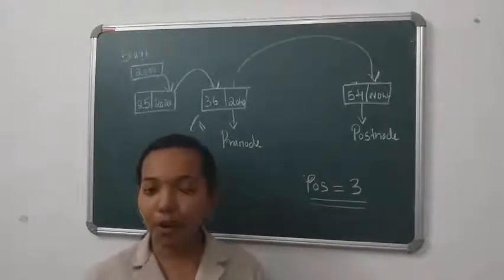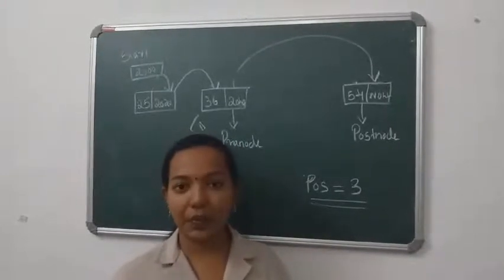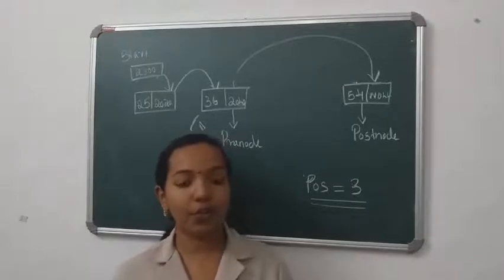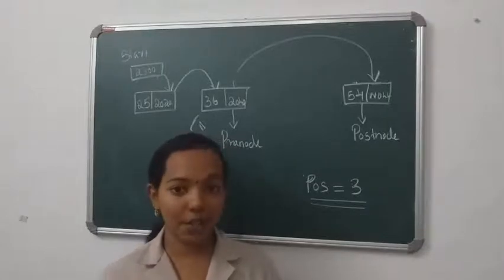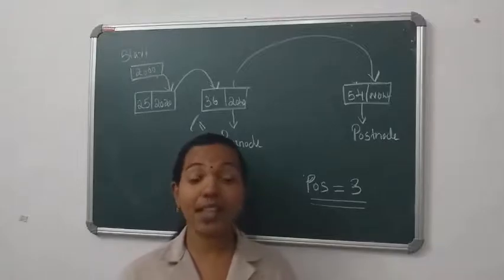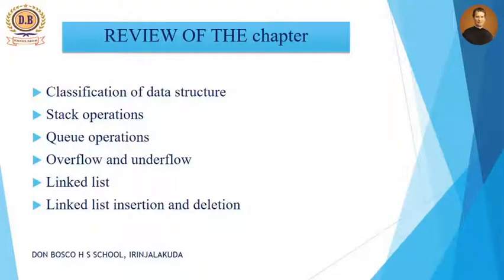Okay, with the help of algorithms, I already explained the working of stack and also queue, and also the algorithm for insertion and deletion. And the third section is linked list, that we already discussed: insertion and deletion operations in linked list. And also one more point, linked list belongs to the dynamic data structure category.